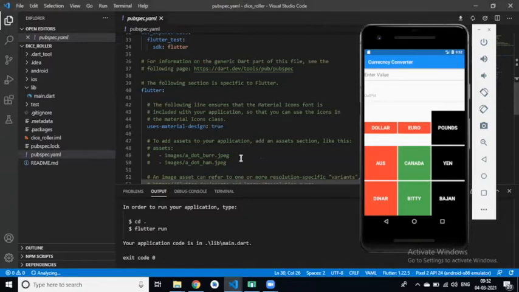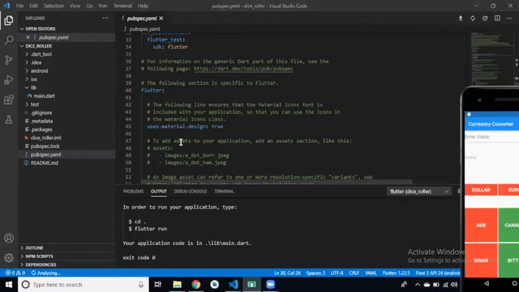Understand? To add assets to your application, add an asset section like this. So first you have to declare your file name in pubspec.yml. Today we will use the pubspec.yml file because we are using asset images.